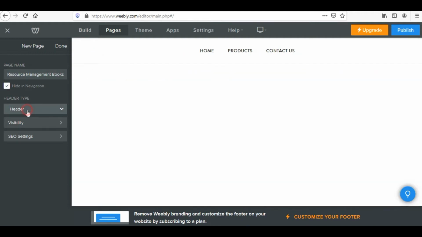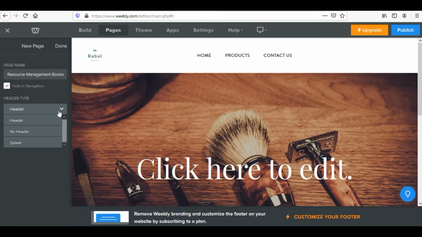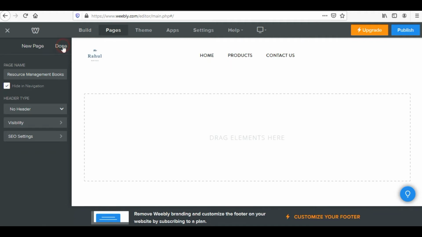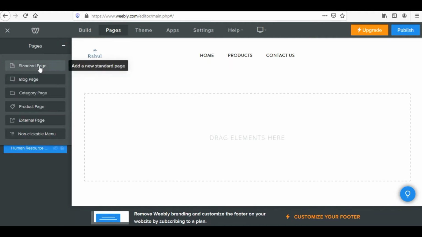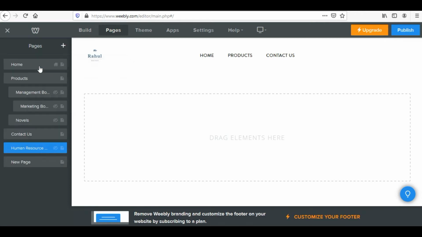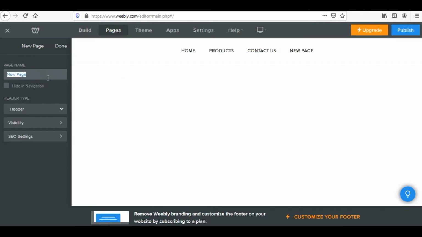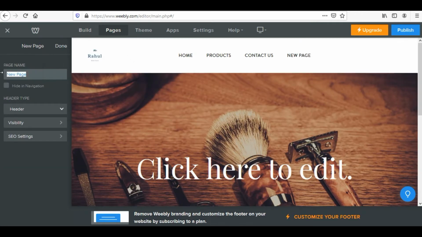I don't want a header on this page, so no header, and I'll click on done. I need maybe one more page, so let me click over here, a standard page, and I want this page for, suppose, finance books. I'll hide this in navigation too.